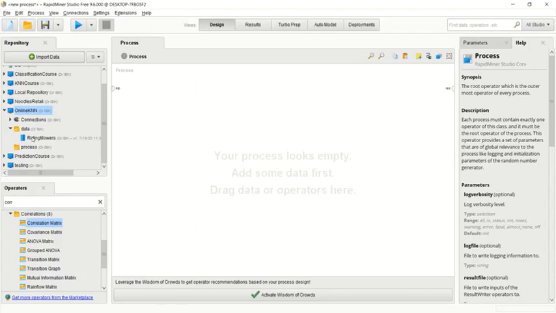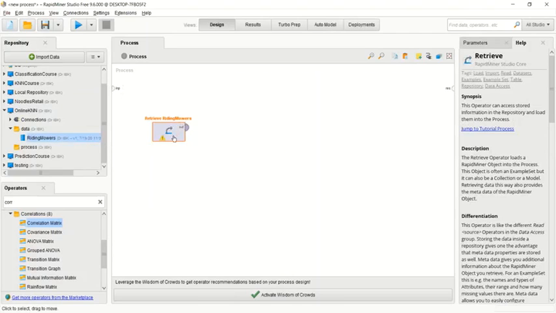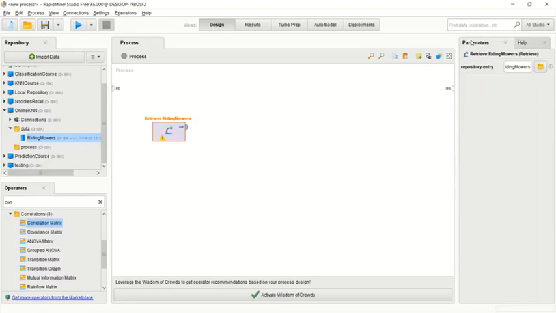So we can bring in the data from here. I'm trying to slow down. Okay, so you can see how I've clicked on my data. I'm dragging it to this point now. Okay, so now I have my data here. If you click on this and you click on parameters, for example, it has loaded whatever data that you put in your repository. So the next thing that we want to do,